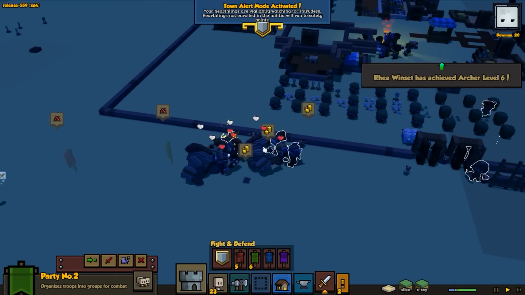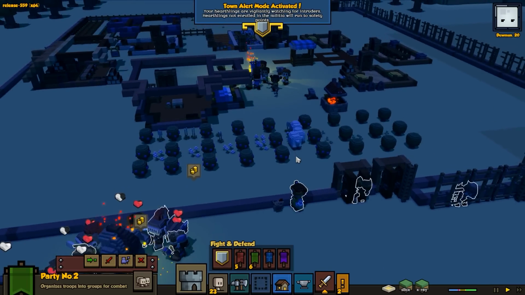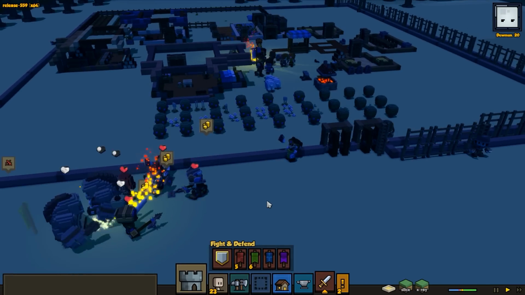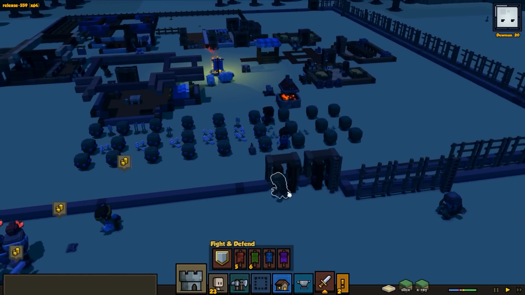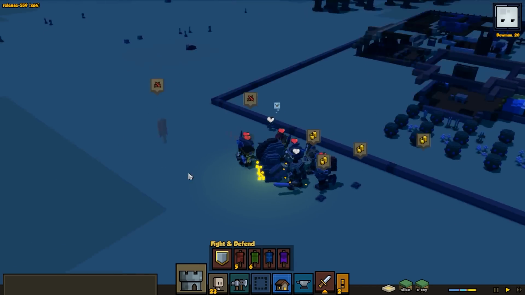Wow, ogres, goblins going on, wolves. They're just sending a nice little army out to our village. A little bit of a problem. So we'll cancel town defense mode real quick, just so our people will kind of act normally again, as most of the threat has been taken care of,